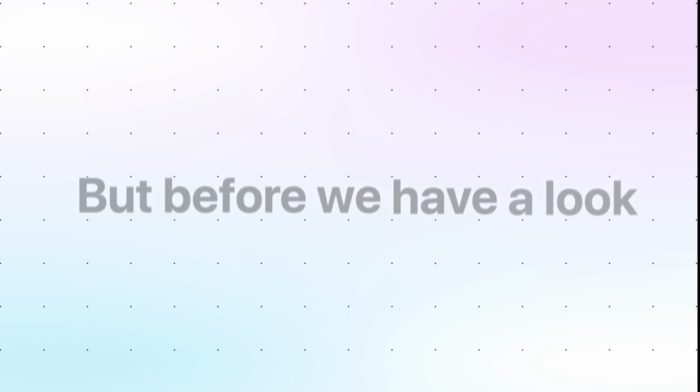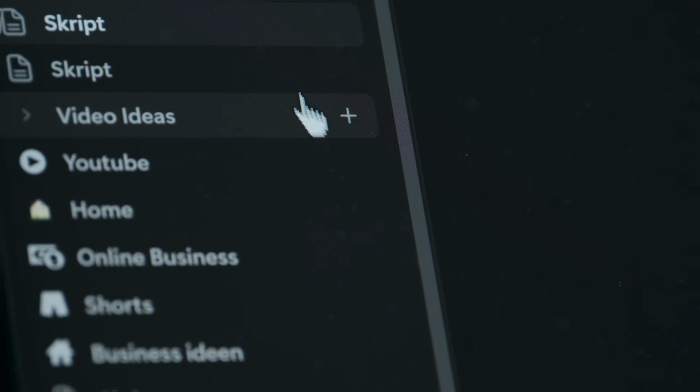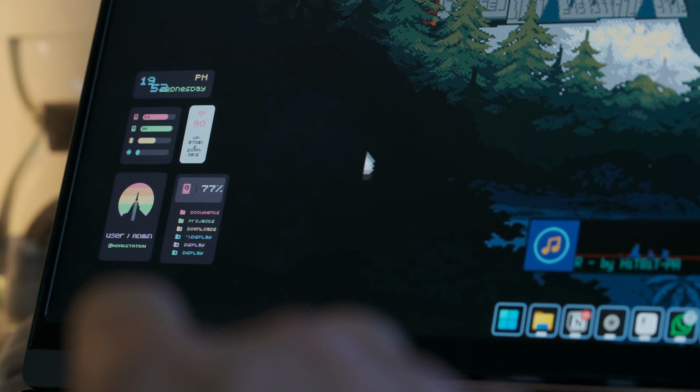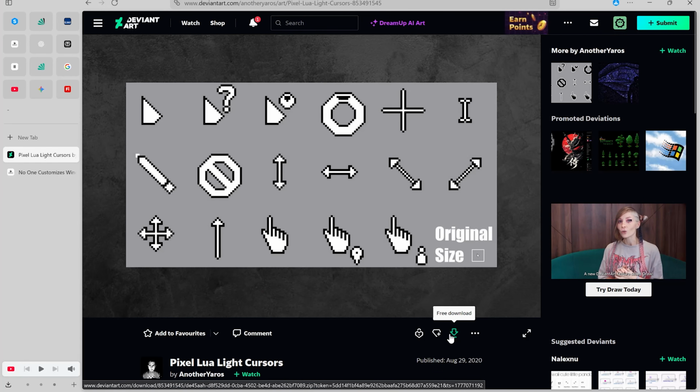But before we have a look at the whole finished setup, I just want to quickly customize the last missing piece of our setup, and that's of course the cursor. For that, I have selected this cool custom design with great loading animations, and it just perfectly blends with the whole aesthetic. The needed files for the cursor can be found on DeviantArt as well, so go ahead and download